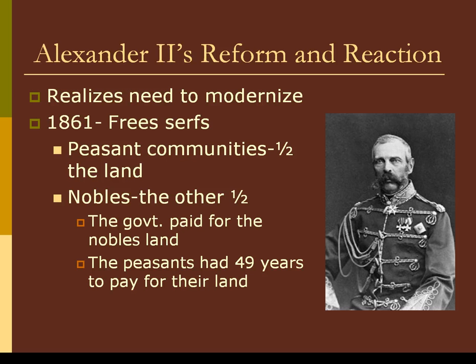But now you have a lot of people who don't have land and therefore don't have jobs. So he decides to redistribute the land, and he does that by dividing it in half. Half of it goes to the peasants, while the other half goes to the upper class nobility. But this is where it's not logical. One, way more peasants than there are nobility, so it really wasn't equal land distribution. The second thing is that the government paid for the nobility's land. So the nobles didn't have to buy their land. The government paid for it for them.